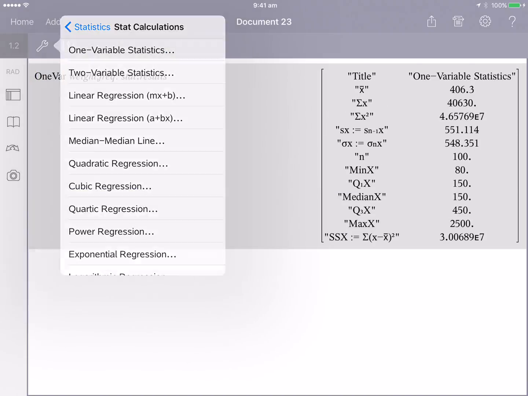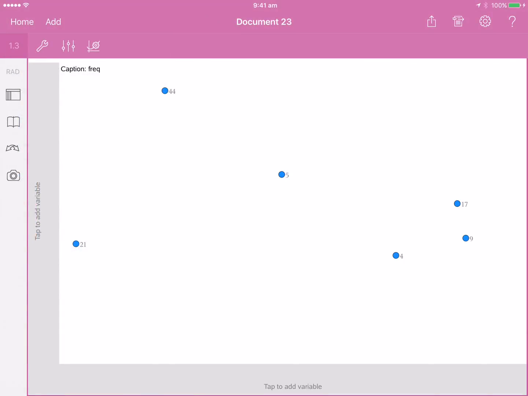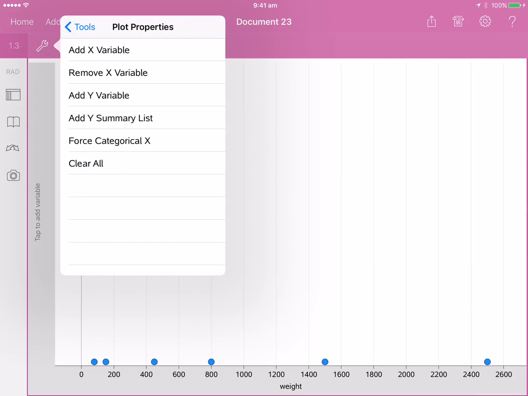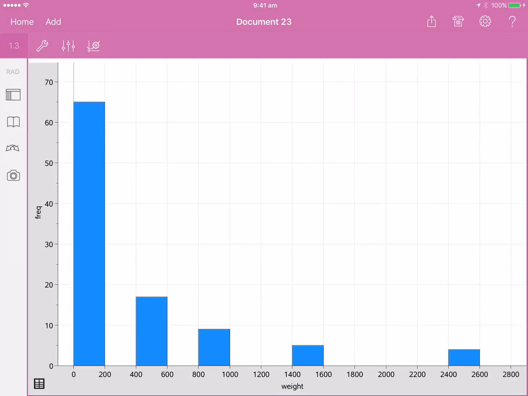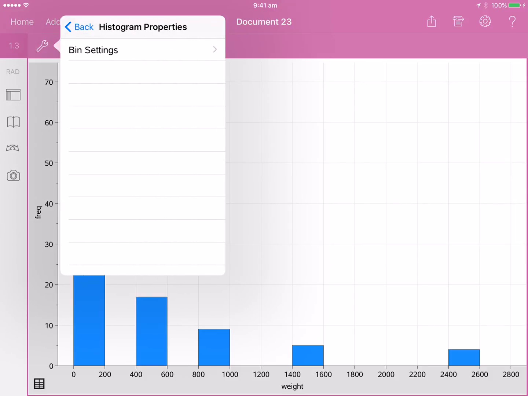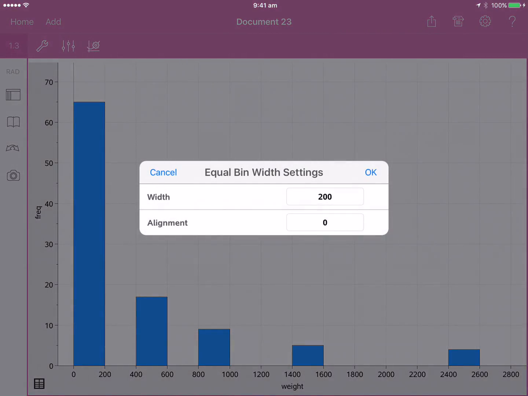I'm going to go to add. I'm going to add data and statistics. I'm going to put my weight there. Now, because it's a frequency, I go plot properties, add y summary list, not variable, it's not a variable, it's summary list, and its frequency. I now need to do the bin settings. So histogram menu, histogram properties, bin settings, equal bin width, and we're going to have a bin width of,